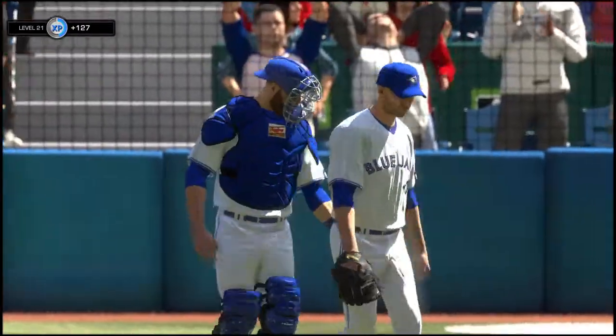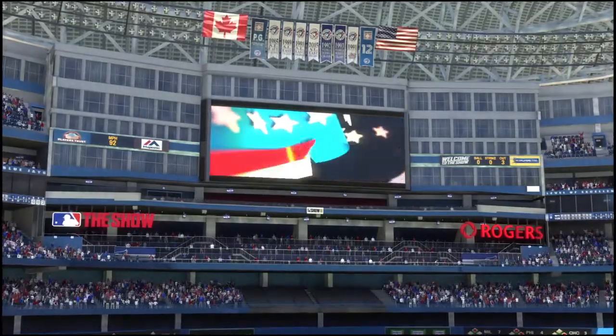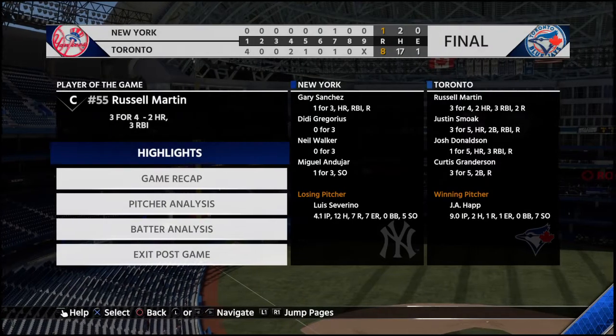Wow, talk about total dominance. 9 innings, only 2 hits allowed. That's about as good as it gets. This guy was as good in the 9th inning